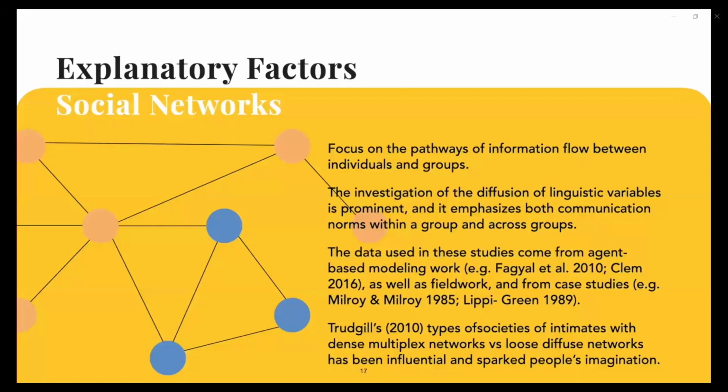On the other hand, if you have social networks where people aren't that densely connected, so you might have a colleague, but they're just your colleague. There's your cousin who's just your cousin. You don't work with them. You don't study with them. That's just the only relationship you have. You know a lot of people, but you're not particularly close with anyone. These kinds of loose, diffuse social networks might lead to simplification in structures.